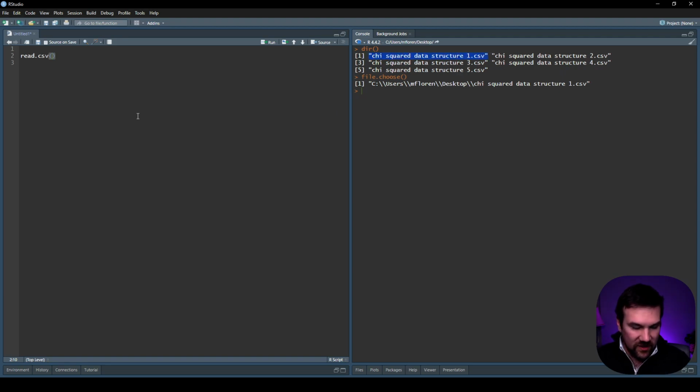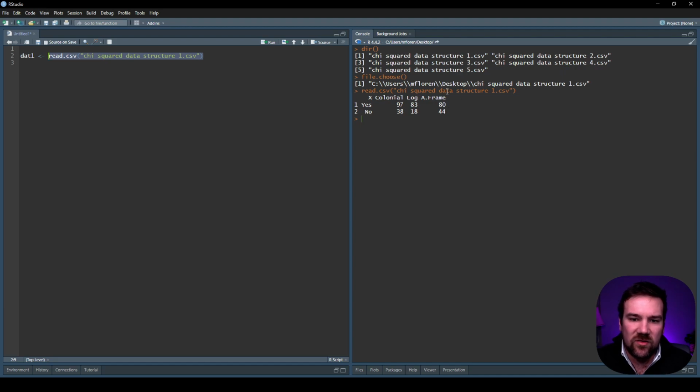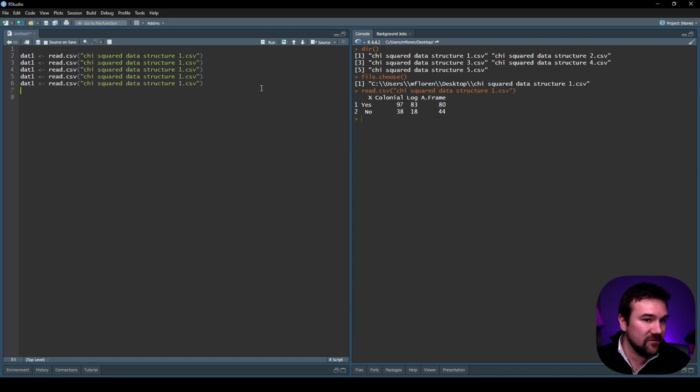For me, I'm going to copy in the first one, read.csv for that first. I'll do dat1 equals this read.csv. I'll run this read.csv, make sure things read in semi-appropriately. That looks okay-ish. And then I'm going to copy this line, and I'm about to read in 5 data files,